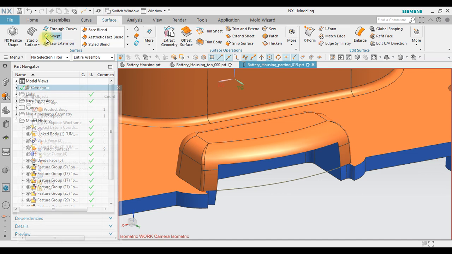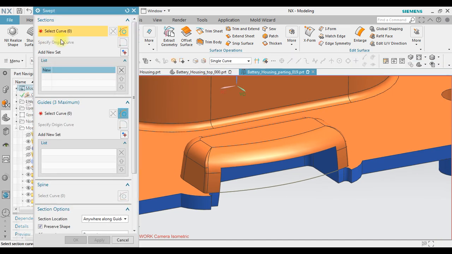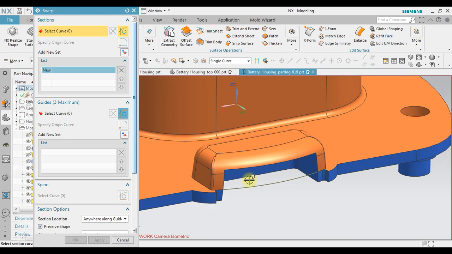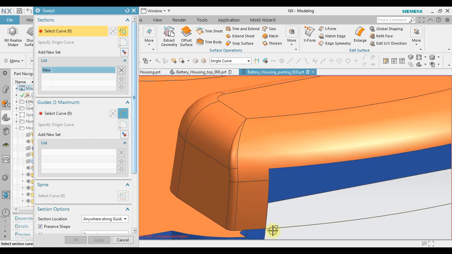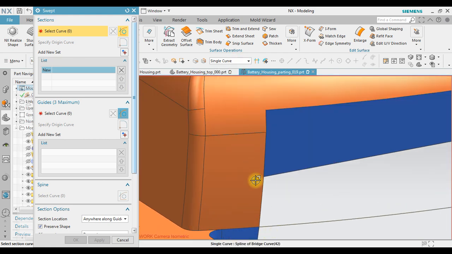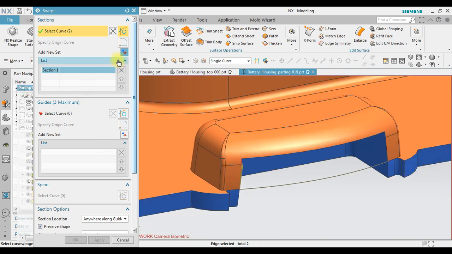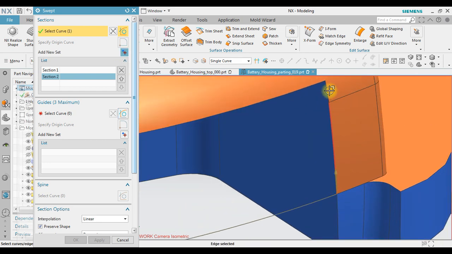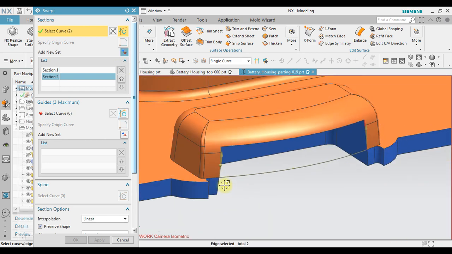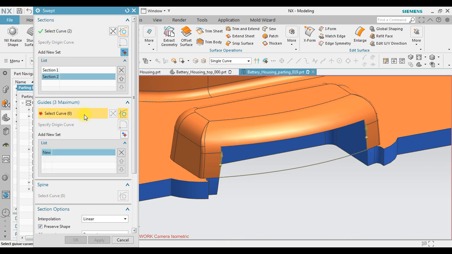Then we go to surface. Okay, you can use sweep. For the section, select this as a single curve, this one. Okay, and then add new set. Select this curve. Make sure you have the same arrow direction, otherwise it's going to be twisted. For the guide, use also single curve.